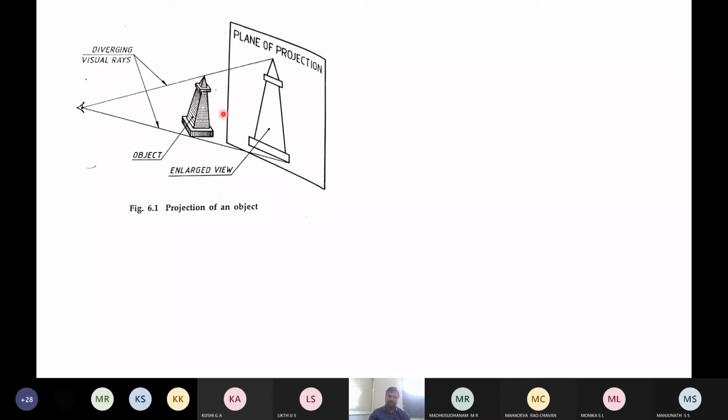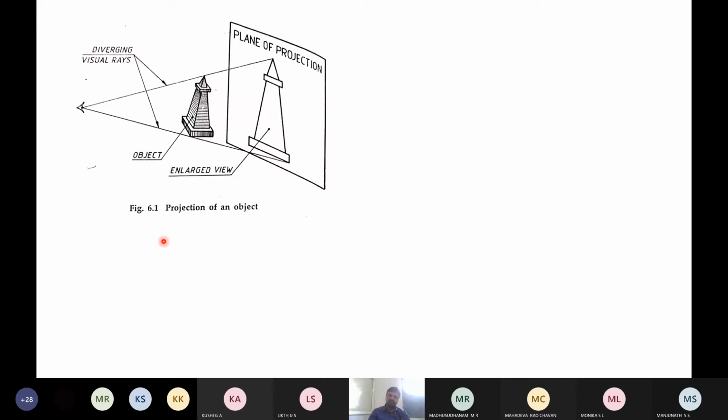This is the actual size of the object, but when you project it, you are getting an enlarged view. That means the size of the object has increased. But in engineering practice, what we want is the actual size of the object. That means if the visual rays diverge, then you are going to get the enlarged view. But in engineering practice, we don't want an enlarged view. What we want is the actual size of the object.